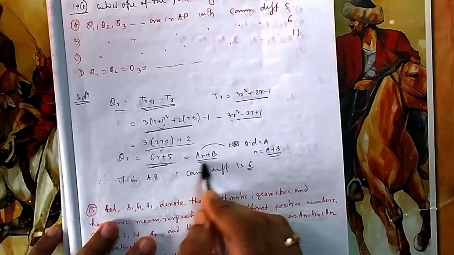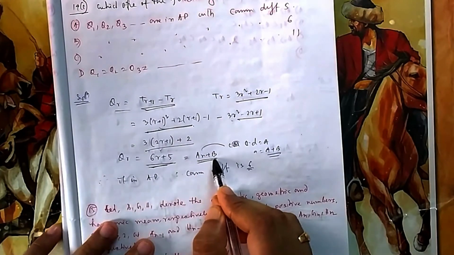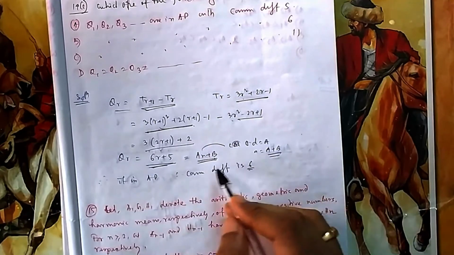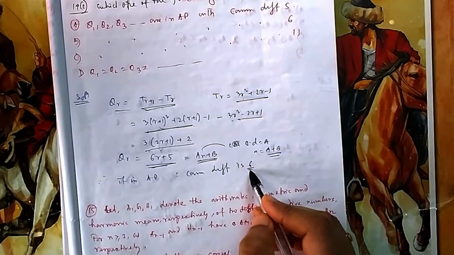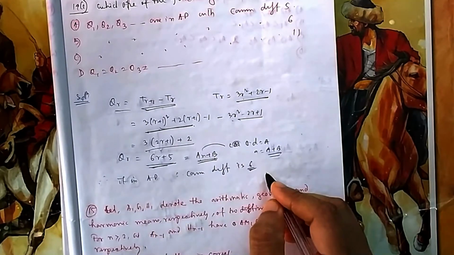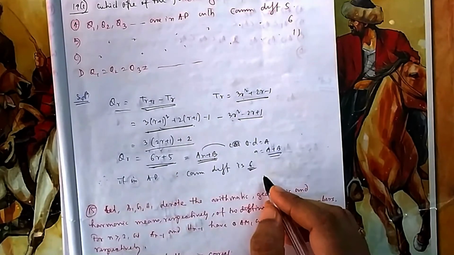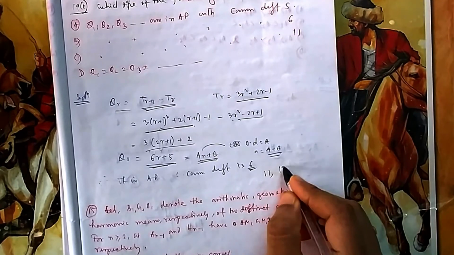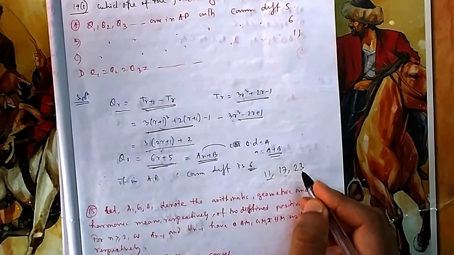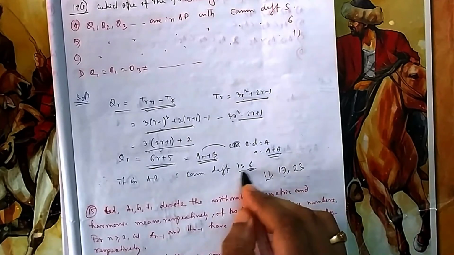If your nth term looks like An plus B, then it is always an AP. And what is that d? d is equal to that A. That common difference is C. You can also try with some values. r equal to 1, if you put, the first term will be 11. r equal to 2, it will be 17. You can see it is forming an AP. r equal to 3, you can try, it will be 23. From here also you can say the common difference is 6.